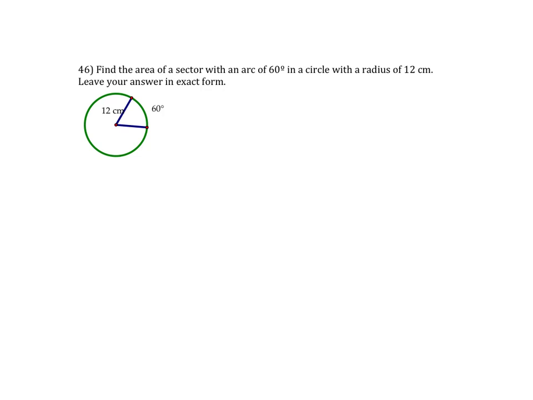Okay, number 46, it says find the area of the sector with an arc of 60 degrees in a circle with radius of 12 centimeters. So the area of a sector is found by taking the measure of the angle, which is 60 degrees. So we're going to do angle divided by 360, because that's what tells us what fraction of the circle we're dealing with. And then we multiply it by the formula for the area of a circle, which is pi r squared. So we want to do 60 over 360, which is going to simplify really nicely, times pi times our